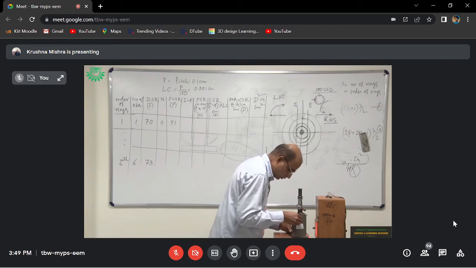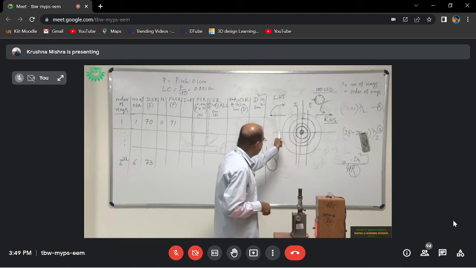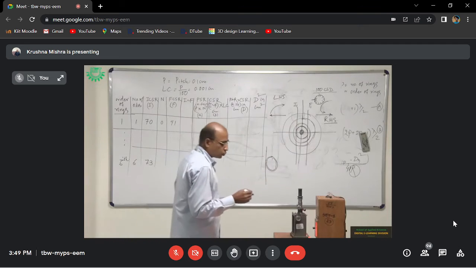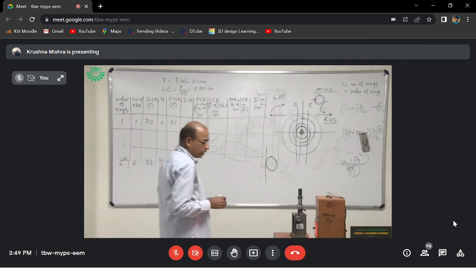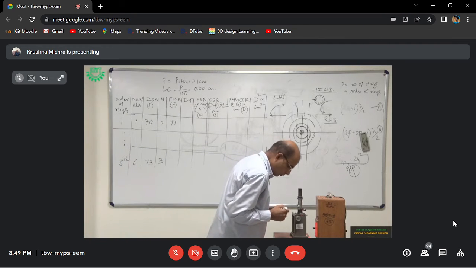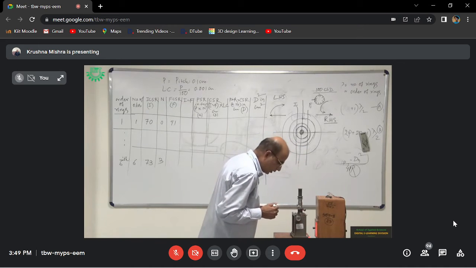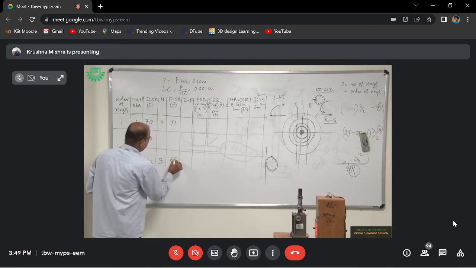So now it has been adjusted perfectly tangentially. I got 3 rotations while going from left side to right side for that ring. So number of rotations is 3. Then the reading is now in between 69 and 70. So we can take 69 as the final reading.